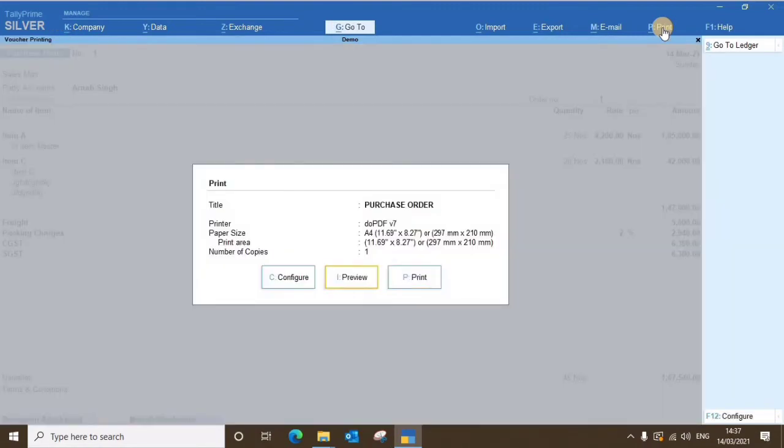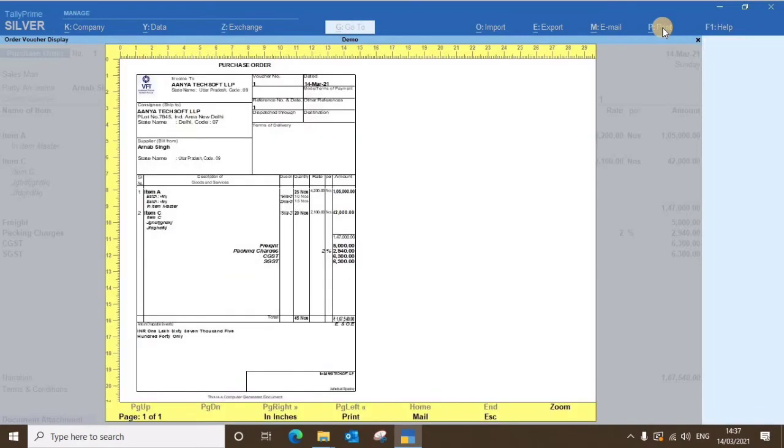Okay, before the printout, you can check the preview of how your PO looks. This is your PO. Okay friends, here there is an additional column, it will display due on quantity. If you do not want this due on column in the PO, then you can disable this option also. Okay friends, I will tell you how to disable it.